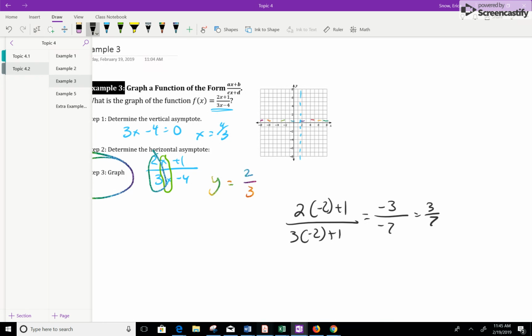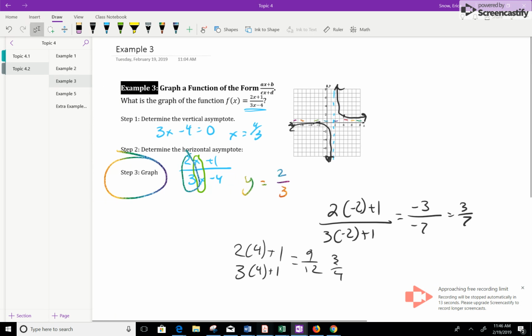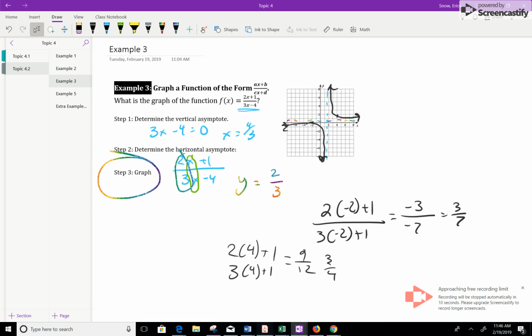So we're going to be down here at -2, 3/7, and that means that I'm there. Then when I plug in 4, I get 2 times 4 plus 1, 3 times 4 plus 1, 9 over 12, which is 3/4, which is above it. So we're going to look like that. So there is how we graph our function. All right. Now, that being said, we're going to go on to example 5 in the next